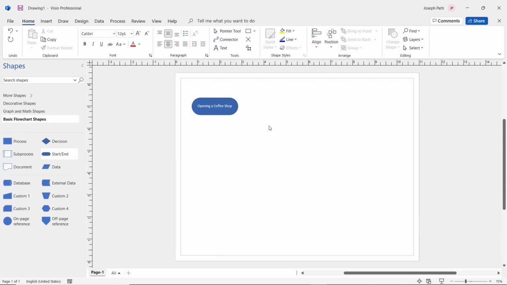Now we can start to add more shapes to this. And once again, these are universal shapes. So everyone knows that it's going to be a rectangle for process and a diamond for decision. And you'll start to learn these as well. So I'm going to start off with another process after this. So I start off with the idea of opening a coffee shop. And the first thing I'm going to need to do is I'm going to have to probably create a business